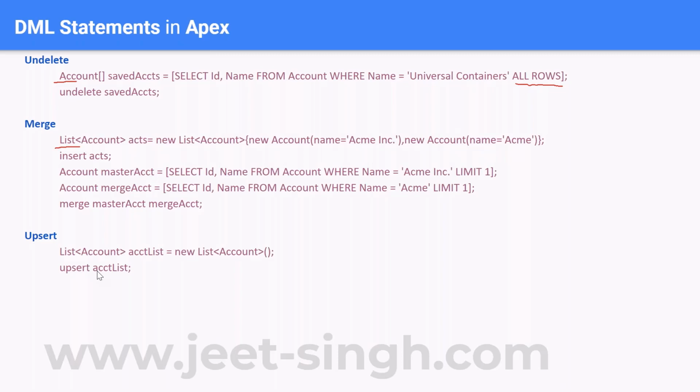Now what happens is, in case of an upsert, you may not always know the IDs of the records. If you know the ID of the record, you ideally know the record exists in the system, right? Then there is no point in doing upsert. You can easily go and do the update. Make sense? So for that reason, upsert operations are usually done using some external ID field and not the usual ID field.